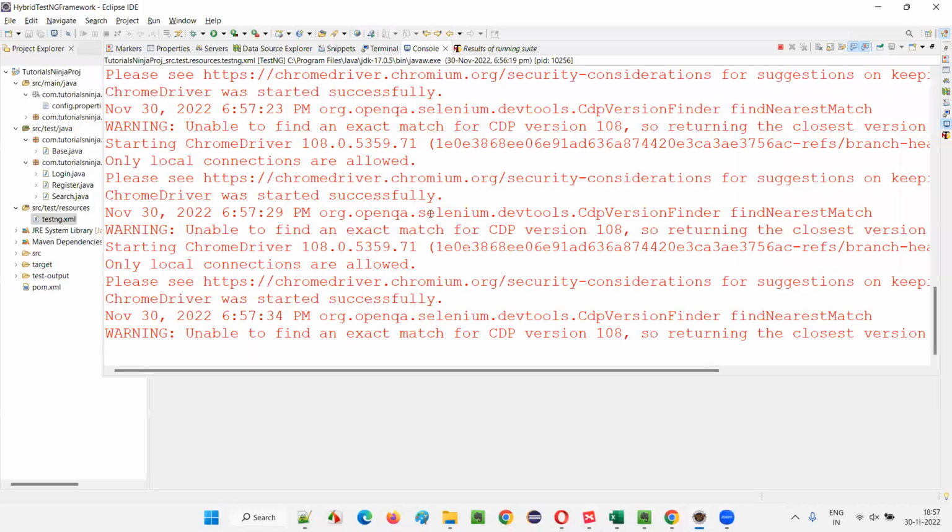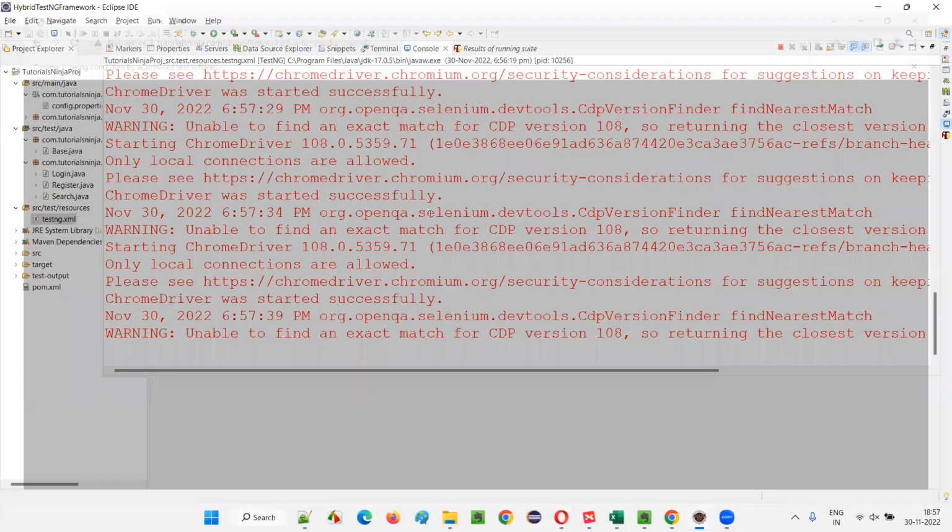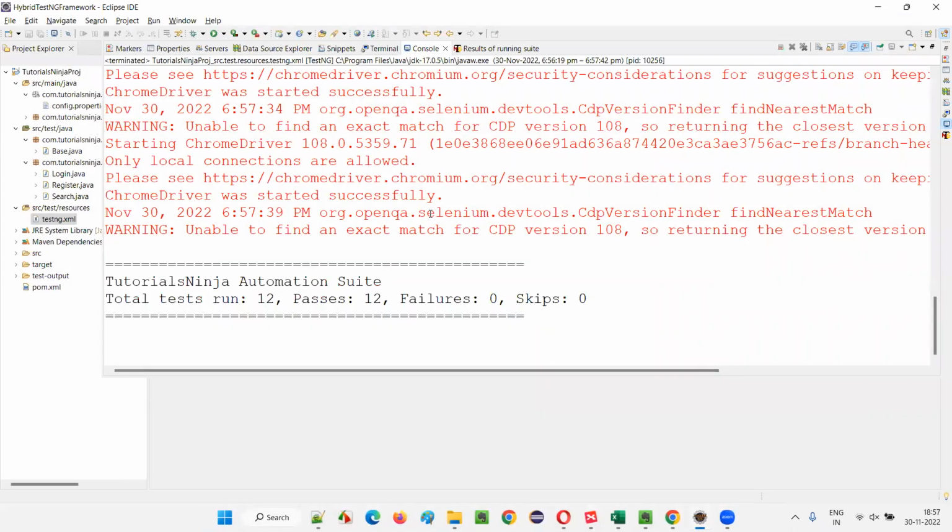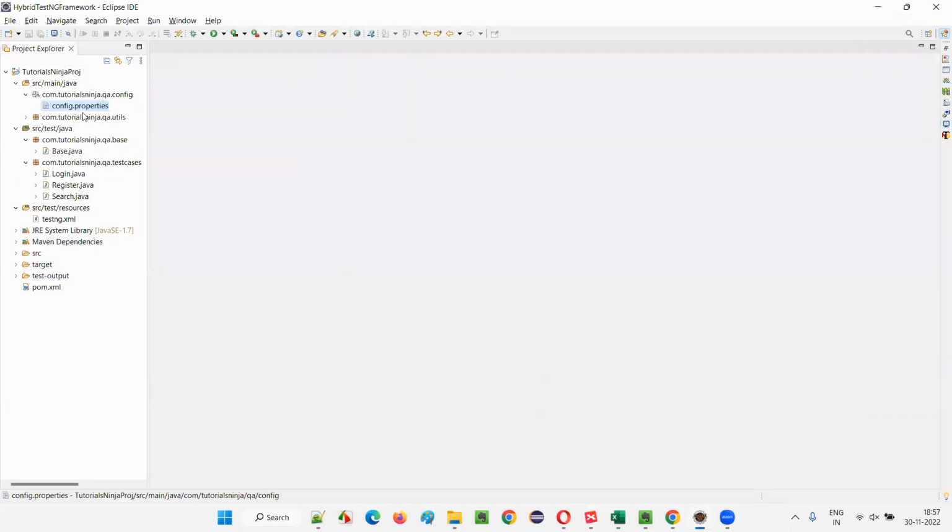All the 12 tests will run in the Chrome browser, guys, one by one. No more Edge browser. You see, all the tests got passed. So what if I have to run the scripts on a different browser? I don't have to touch any base or login, register, search. Just go to the